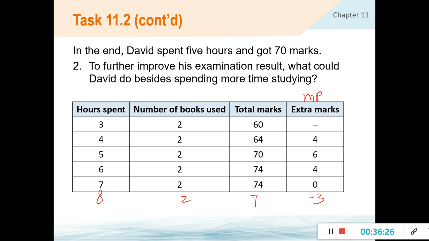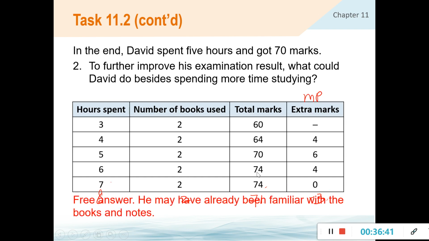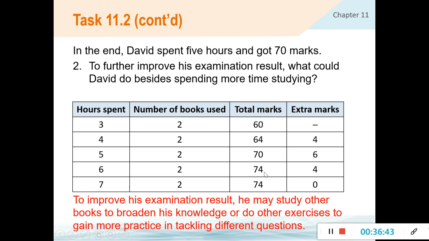Like this case will become 71。即係話你用第8個鐘嘅時候，你令到 David 攞少咗分，攞少咗3分，即係由74分跌到去71分咯，得唔得？有機會可以有呢一個情況出現嘅。好啦。